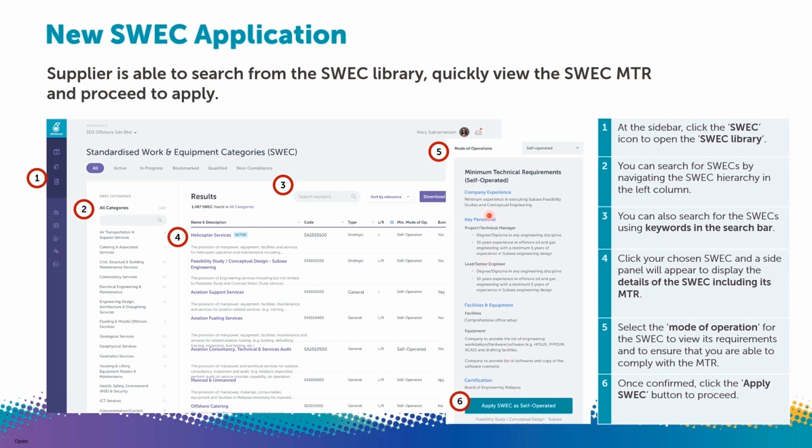So inside here, you will be prompted with all the requirements for this SWAG. For example, this one, they require the company experience, key personnel, facilities, equipment, as well as certification. So this is the part whereby you don't have to refer to a separate MTR in the Excel or PDF, right? So you just have to refer here. If let's say you can meet this requirement and you are interested to apply this SWAG, then just click apply